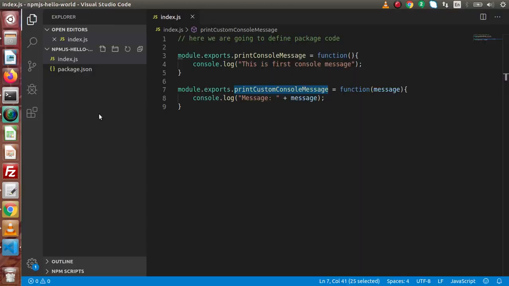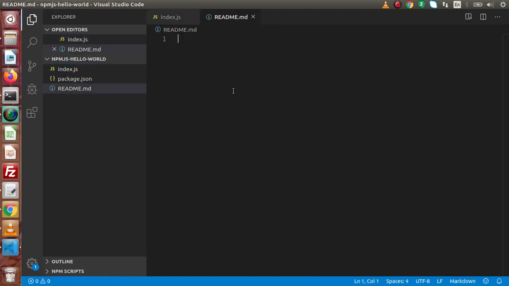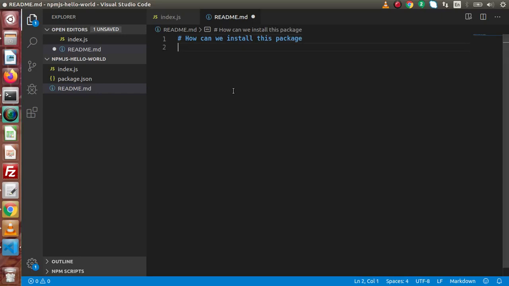So if I go back to our editor and create a readme file, an empty file. Now inside this we need to store some information, so pressing hash, and let's say, how can we install this package. So this is our first FAQ question, and remember the first hash symbol stands for the h1 tag inside a readme file. So let's say simply if I copy and paste it here,